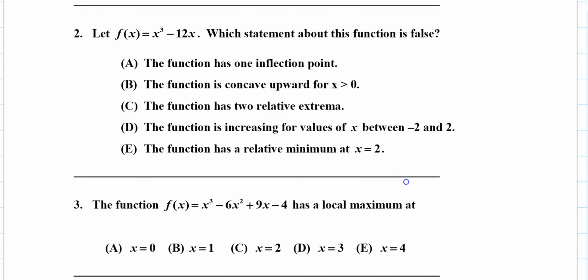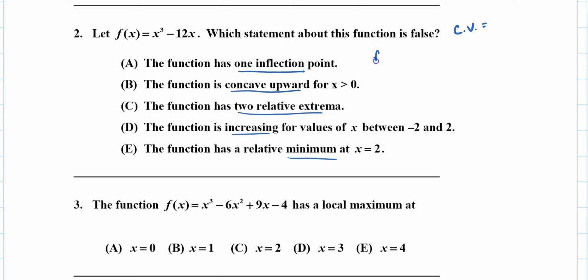Number 2, we're given the function f of x equals x cubed minus 12x. Which statement about this function is false? Before I even do it, I'm going to look at the problem, and I see we're looking: does it have one inflection point? Is it concave up? Does it have two relative extrema? Is it increasing? Does it have a relative minimum? So when I see those words, I know that I'm going to have to take both the first and second derivative of the function. So I'm going to go ahead and find the critical values